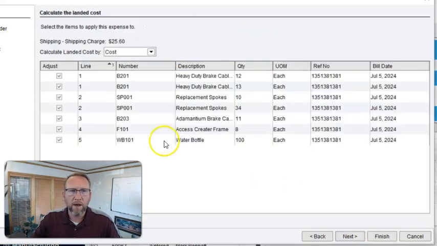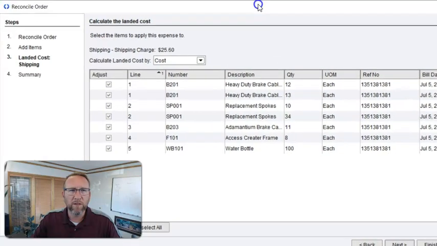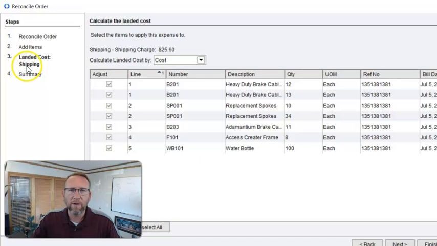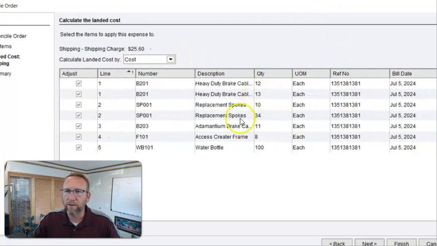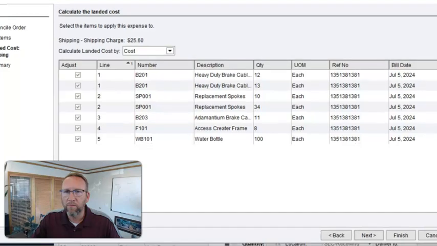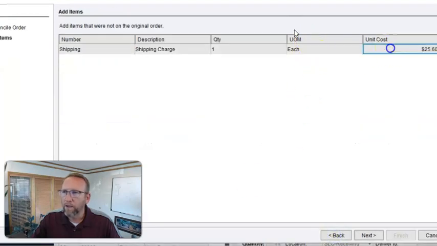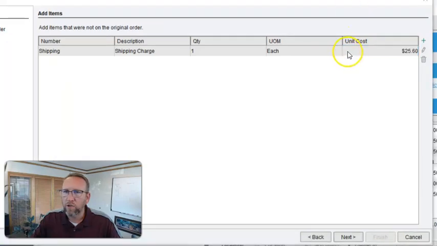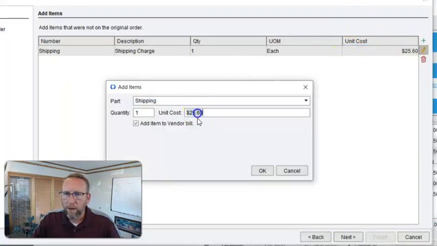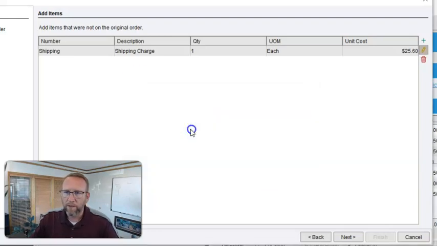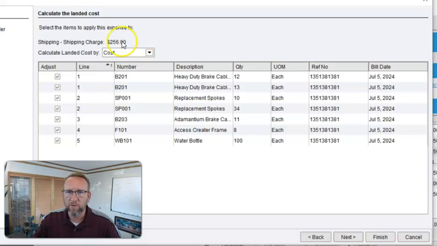Click next. And now this screen, let me move this over so you can see this. We've got a landed cost step. So it wants to calculate the landed cost. And it's going to take that $25.60, which probably isn't that realistic for what they ship to us here. Let me go back and make that a little more realistic. I'm going to go back, change this shipping charge, click edit, and let's move that. That's a little more of a realistic shipping charge. There we go. So we're going to land the $250 cost across all of these parts,